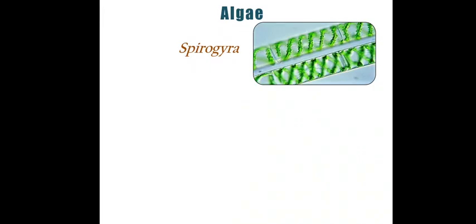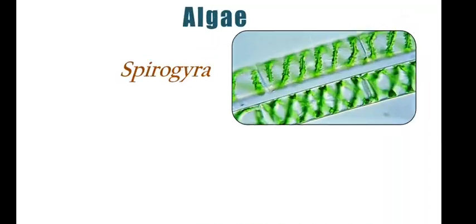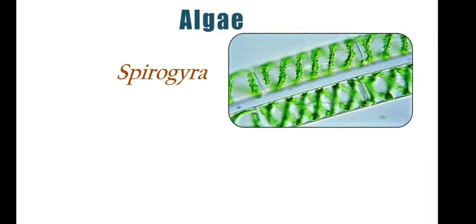If we look at an example of algae, the best common example is Spirogyra. Spirogyra is a common type of algae, and this is its structure. Remember, the image of Spirogyra in your book is a diagram, but this is the real photograph. This is the microscope view. These are the Spirogyra, filamental shaped algae. This ribbon-like structure is known as a filament.